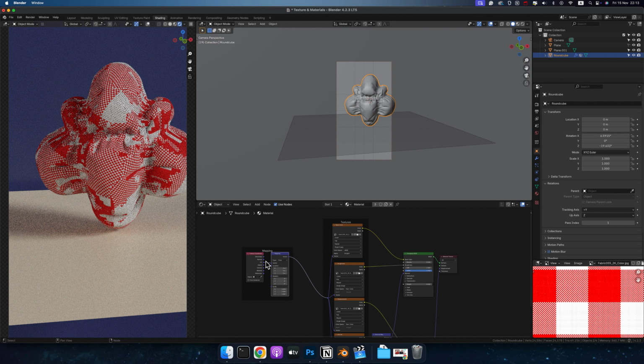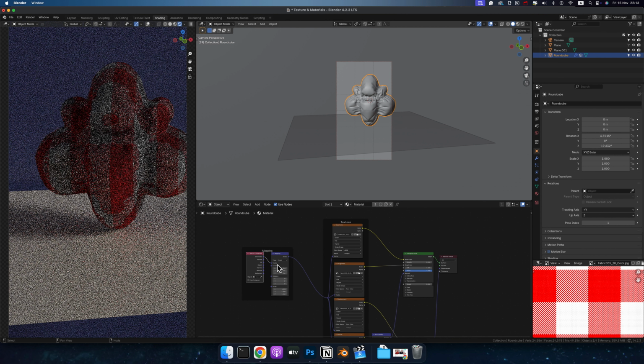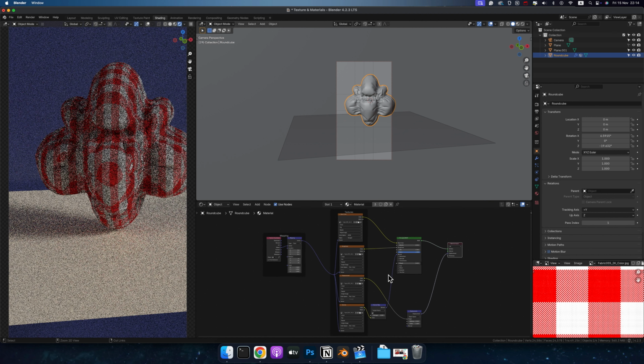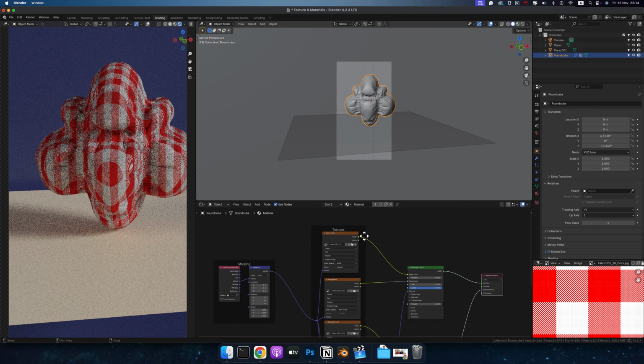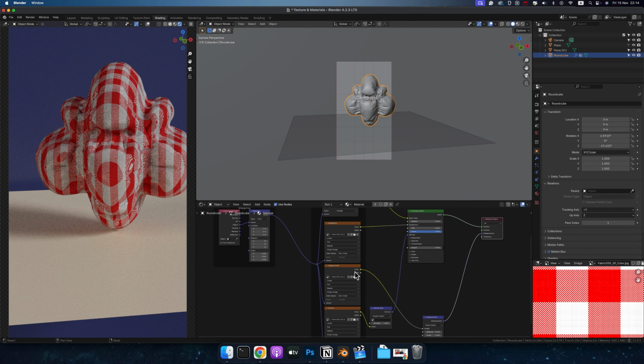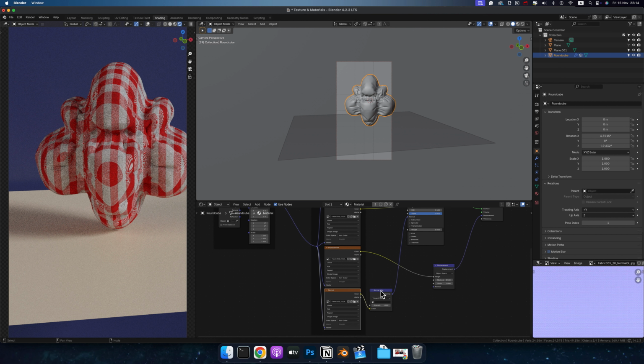And then because I don't have a clean UV, I'm just going to use generated or object. And you're going to see immediately that Node Wrangler has created a great setup for you. You have the base color into the base color, and then you have the roughness into the roughness. You have the displacement into a displacement node, and then the normal is going to go into a normal map,